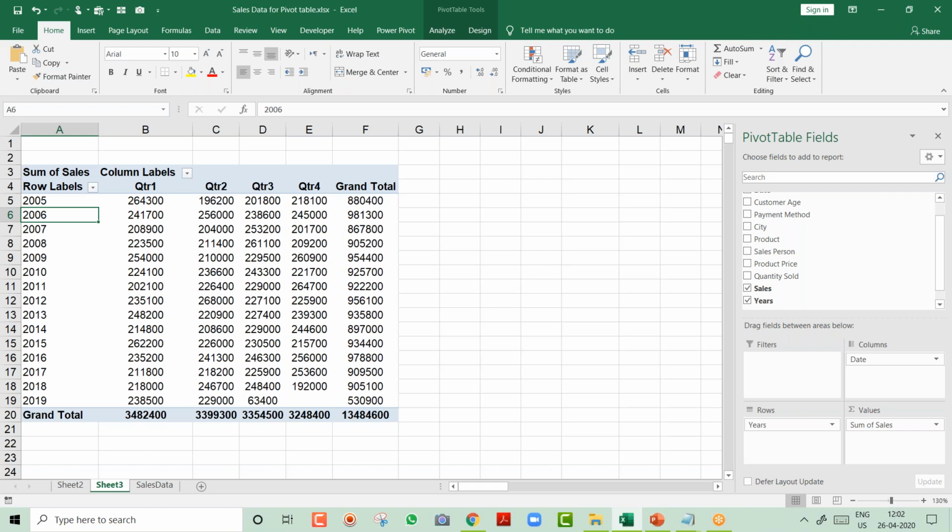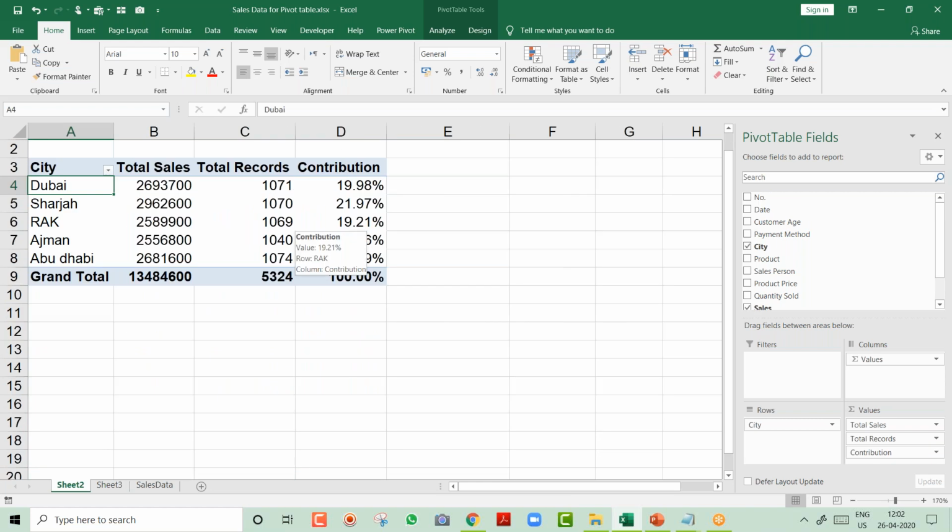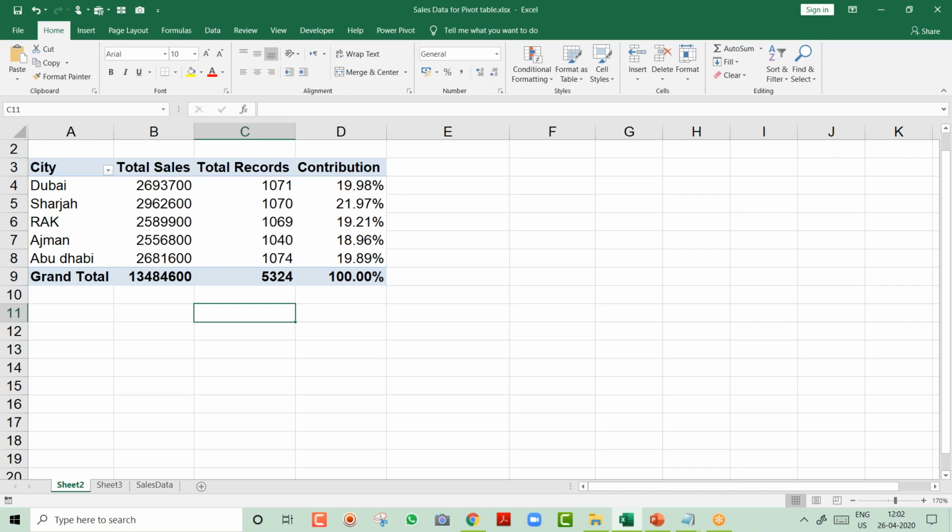Now, slowly, I will also cover one simple point of the refresh part, which some of you might know, some of you who are new don't know. So let's say I have data over here and my Dubai total count is 1071. Remember this 1071. You created a report, all the reports you created. And now what happened? There was some change in the data. Remember, Dubai is 1071. So I will just type it for you intentionally, Dubai 1071.